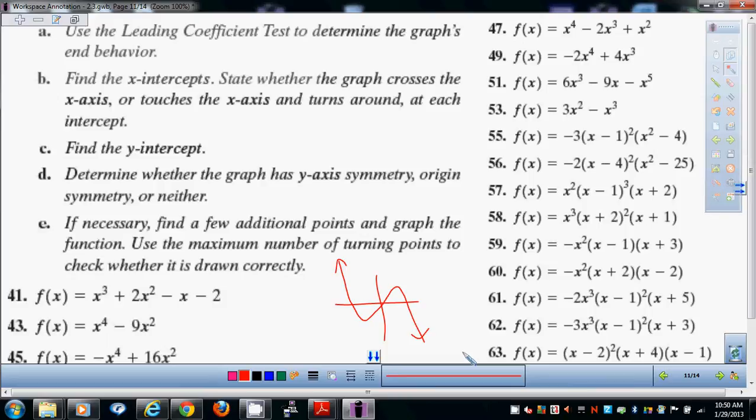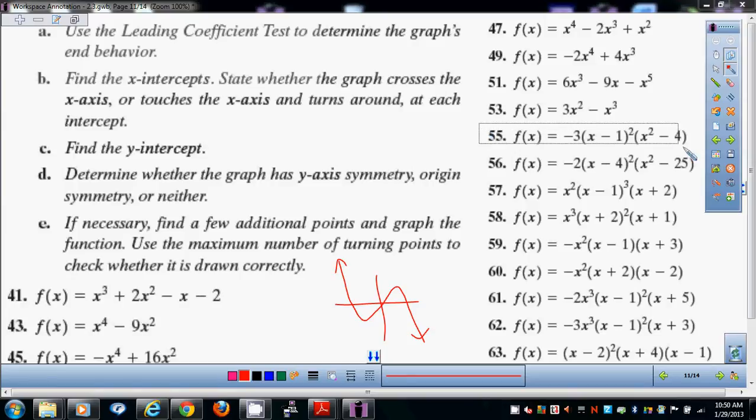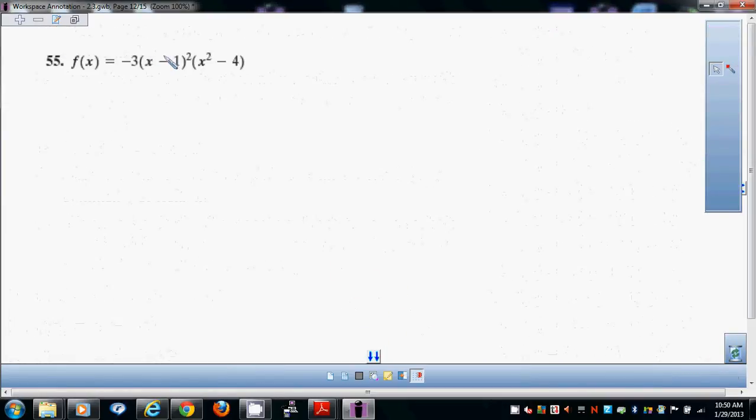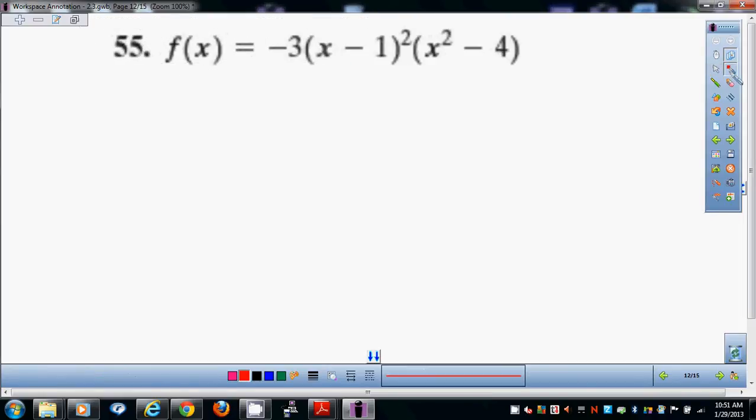Ooh, 55 is tricky because it's not fully factored, but it's partially factored. Well, rather than just FOIL it just to have to factor it later, I'm going to go ahead and finish factoring this. That way it's done for me. This part's done. But what does the last part factor into? Very good. Now I'm going to leave that. Now it's fully factored and I can pull out my intercepts later. To FOIL the whole thing so that you can pull out everything else,